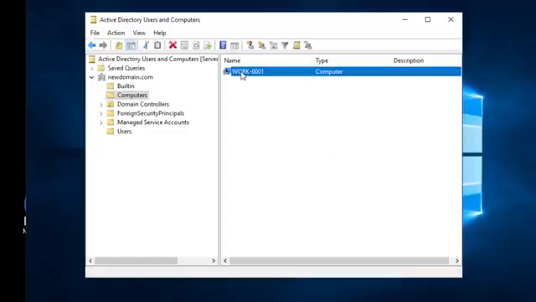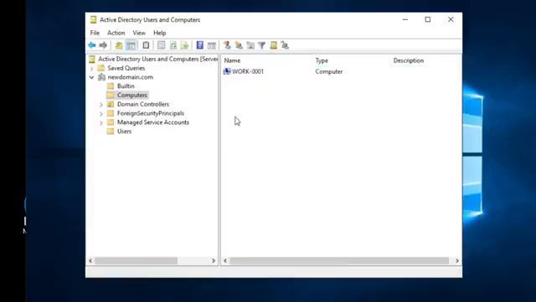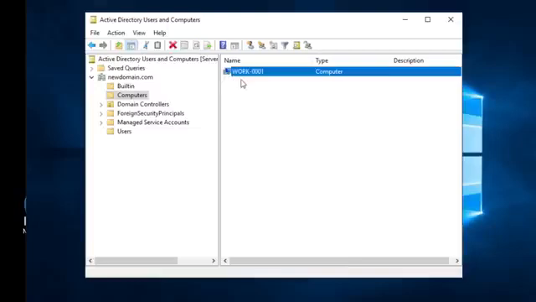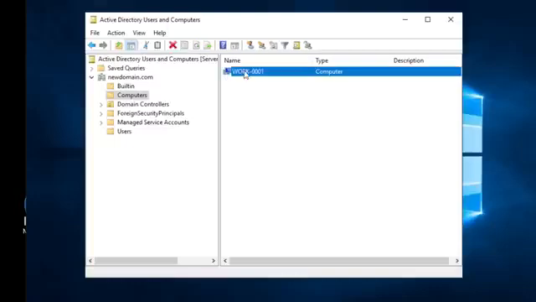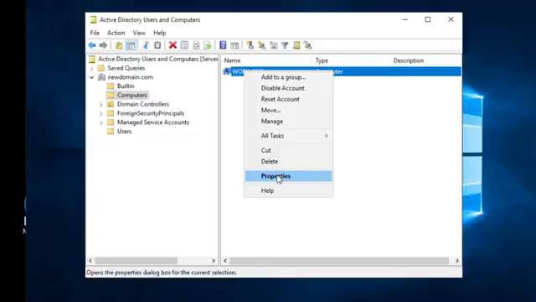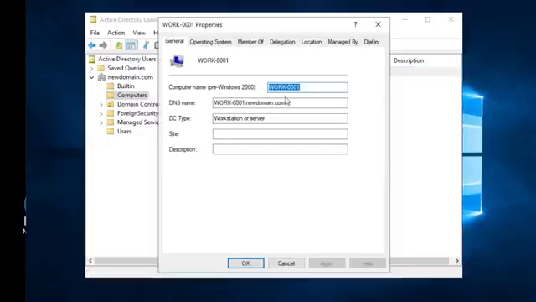So I'm going to right-click this computer. Well, first of all, you can see that this computer is active. If this icon here was a little computer icon, if I was to remove this Windows 10 that we've just added, this icon would have a down arrow pointing down that it's not online. So we're just going to right click it, and we're going to go to properties, and I'm just going to show you that we see the same thing here as we saw on the Windows 10 machine, right? It says